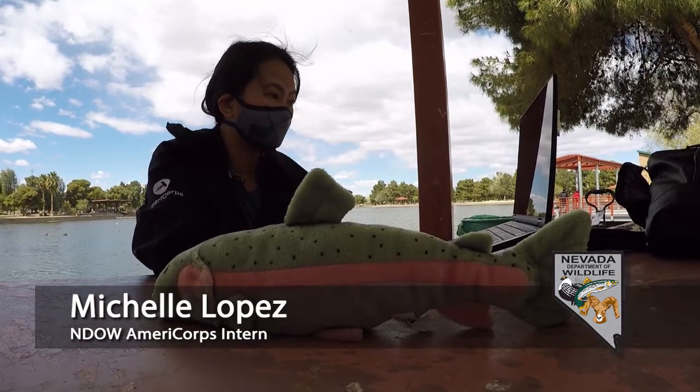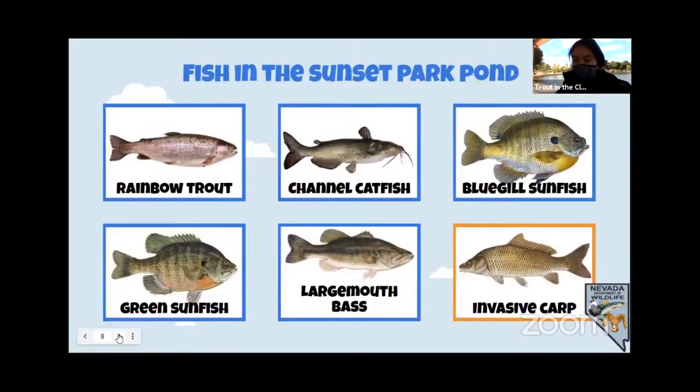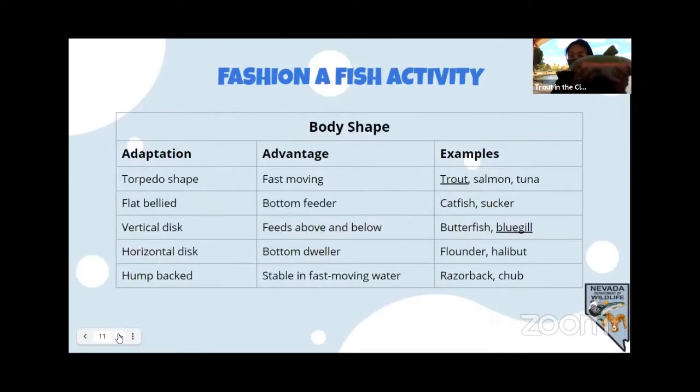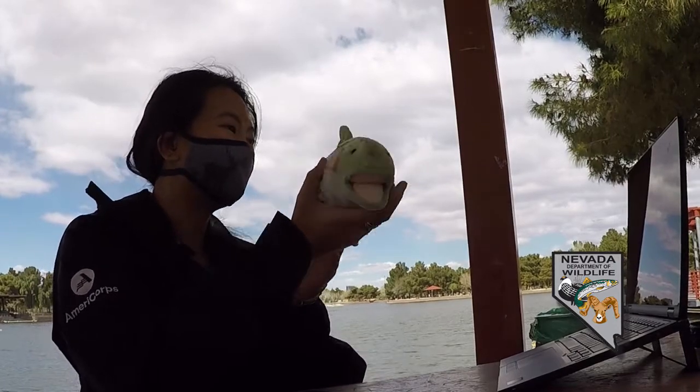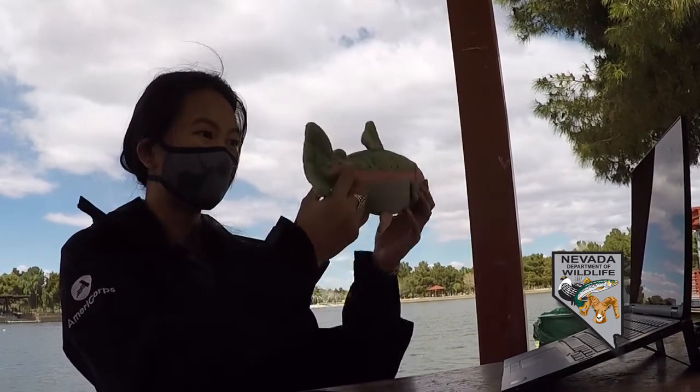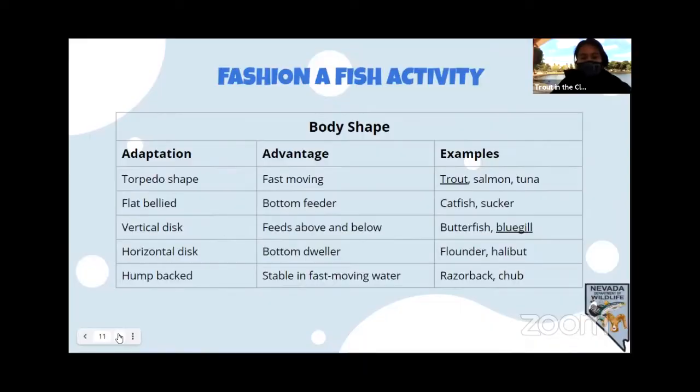bass, and carp. But the carp are invasive. They degrade water quality and destroy the habitat for the other fish and organisms in the water. And they also have different body shapes, like our trout here has a torpedo-shaped body, and that allows them to move pretty fast through the water. While other fish, like the bluegills, has a vertical disc, and that allows them to feed from above and below